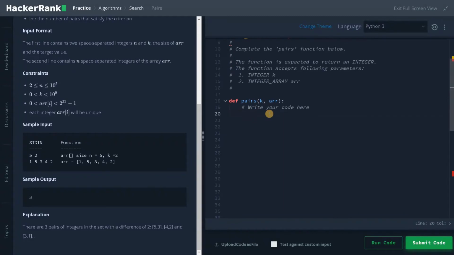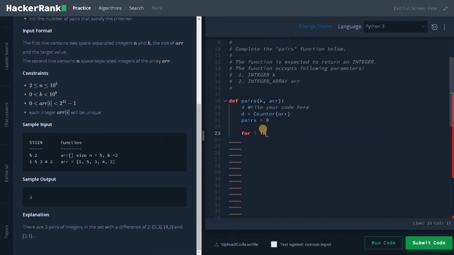After that I'm going to initialize the counter for the array. So d equals Counter of array. This will initialize the array. Now I have to find the difference, that is k. I also need to create a variable initialized to 0. I will say pairs equals 0. Now I will go for the main logic.